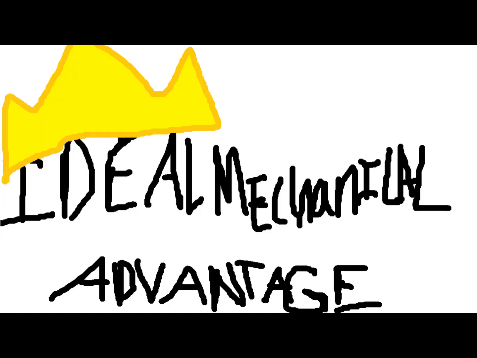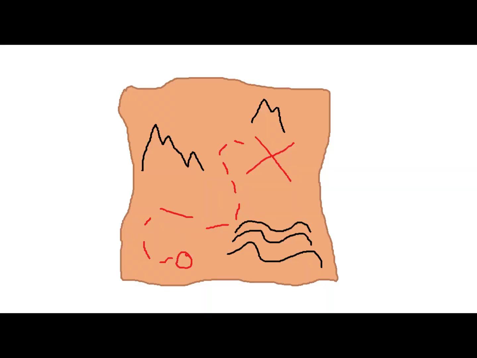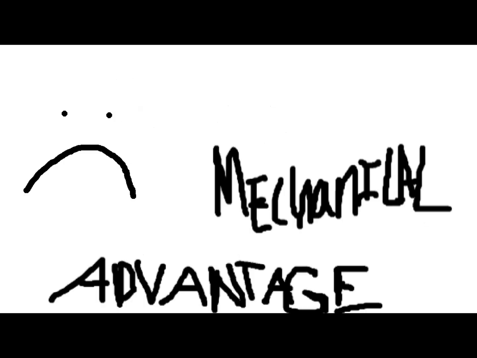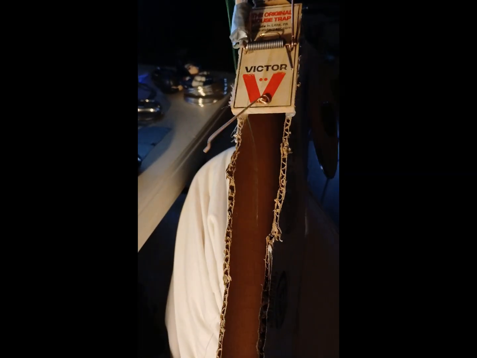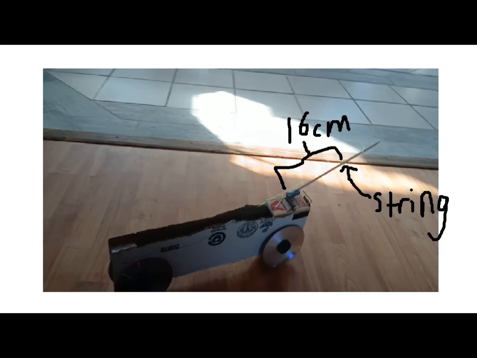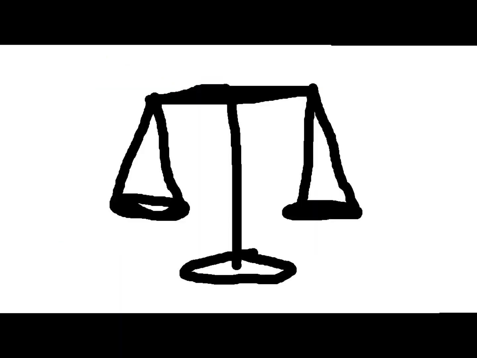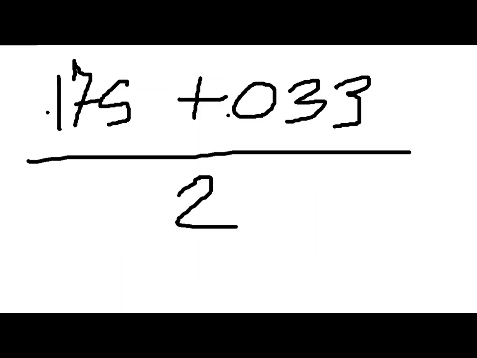So, ideal mechanical advantage can be written as distance in over distance out. The first instance of this can be found in our wheel and axle ratios, which are 0.4 centimeters for the axle and 12 centimeters for the wheel, which, placing axle over wheel, gives us 0.033 as our mechanical advantage for this part. The other part is in our lever, where the distance in from the spring's movement is 2.8 centimeters, and the output distance from the full lever is 16 centimeters, giving us 0.175 as our mechanical advantage. By averaging these values, we can find the total advantage gained by our system to be